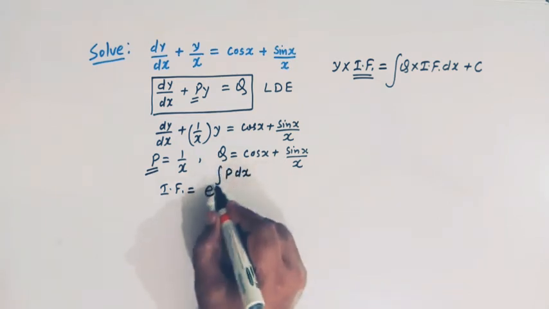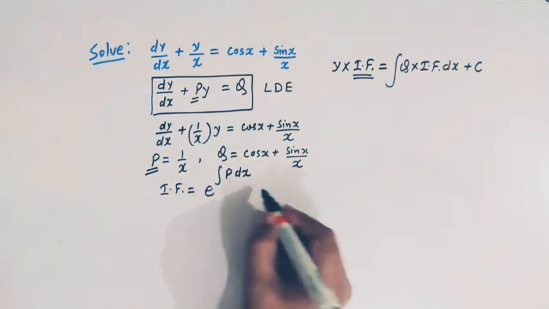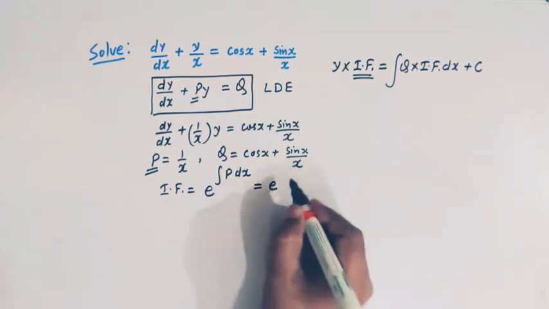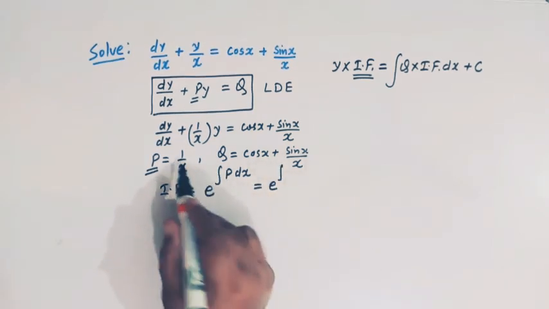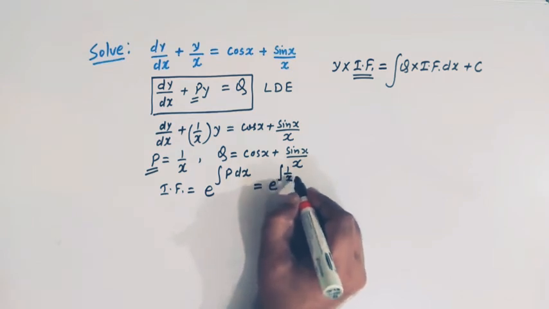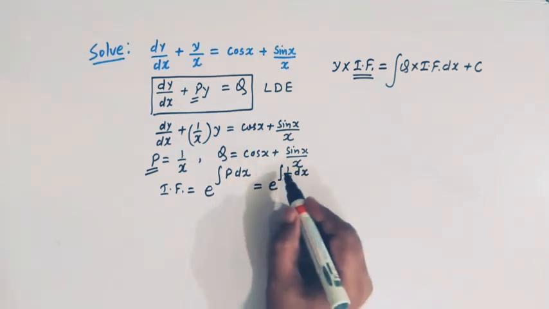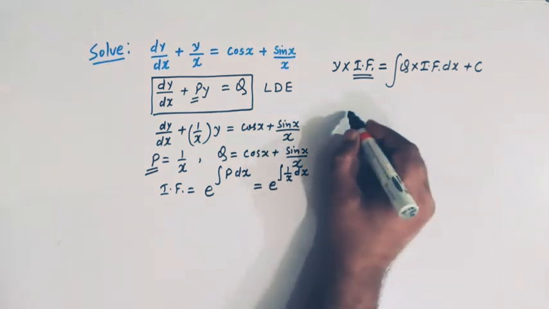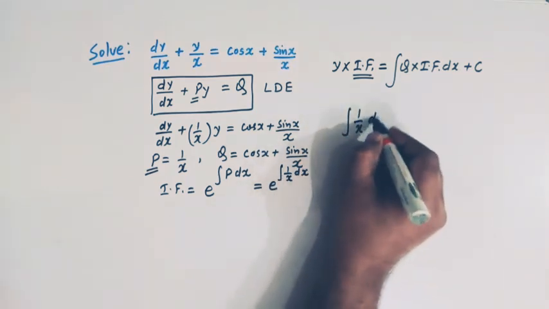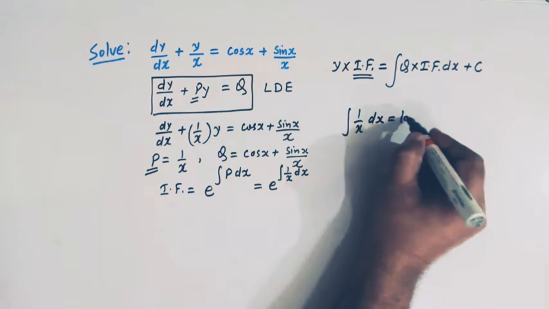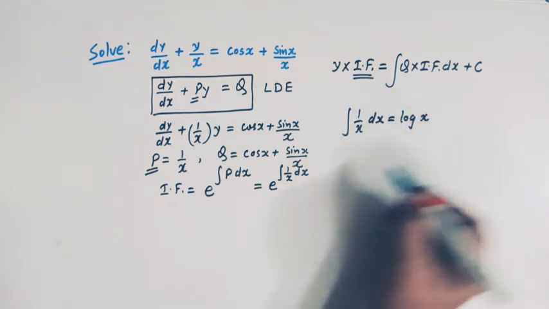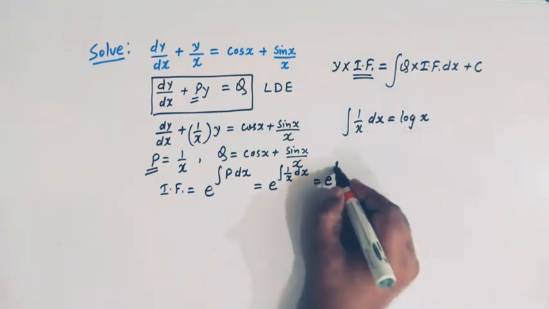So e raised to integral of p dx we have to calculate, and here p is 1 over x, dx, right? Okay, now the integral of 1 over x is obviously log x, so we have e raised to